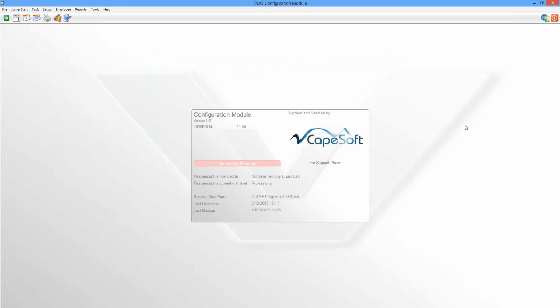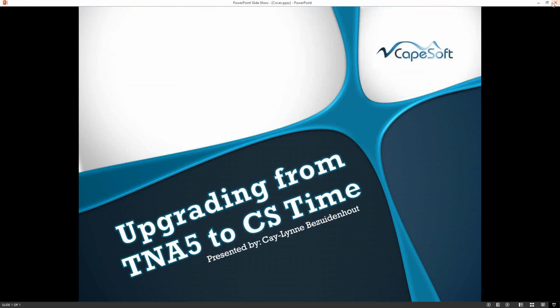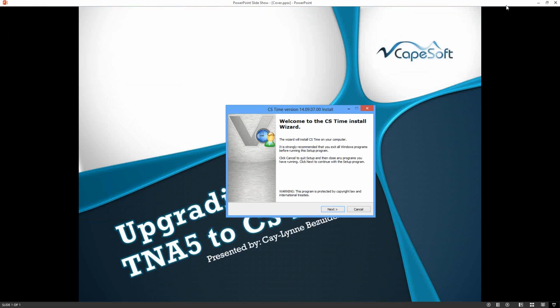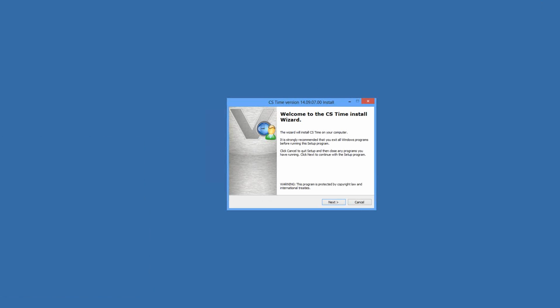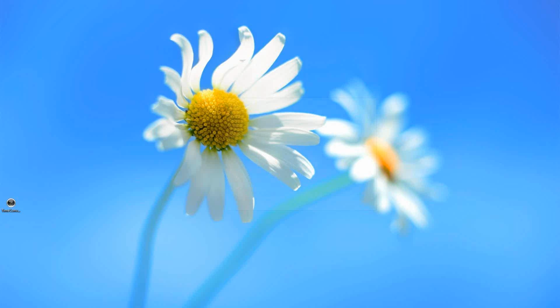So once you've uninstalled everything, you can then go and install CS time, and obviously downloading the latest gold version of CS time, you can then just double click on that and then it should run the install. I'm going to just move this over here. Let's see if we can minimize this so you can see easily, and then you would just follow those